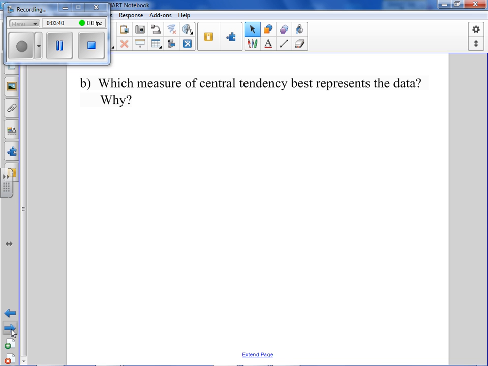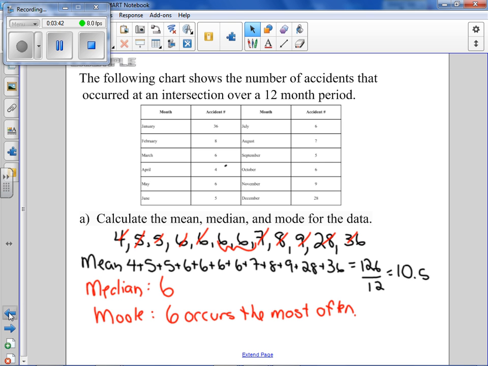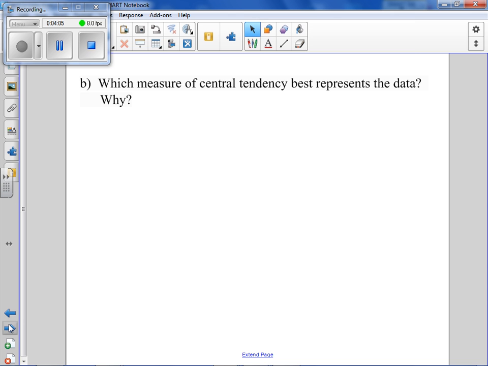So now if I look at my mean value, my mean value is 10.5. However, if I look at all of the data, the 4, the 5, 5, 6, 6, 6, 6, 7, 8, 9, they're all smaller than the average except for the last 2. That tells me the average isn't a very good use. The median is better. So I pick the median